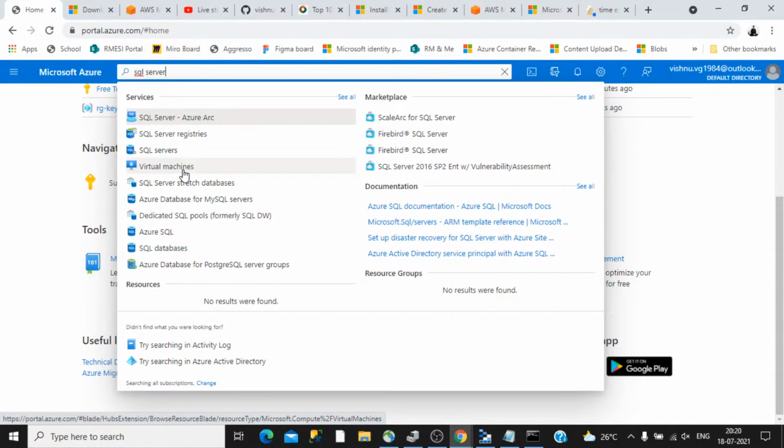So that is a kind of the category called infrastructure as a service, but the problem is you have to pay for that infrastructure as well as the SQL Server. The ideal way is to go for a software as a service. So there are three models which we can use in cloud development, and we will discuss that in this session a bit later.